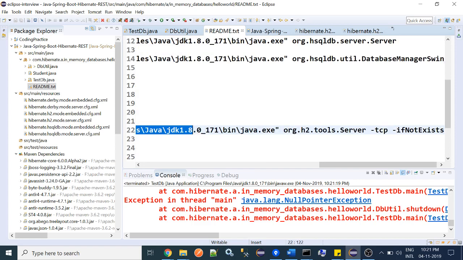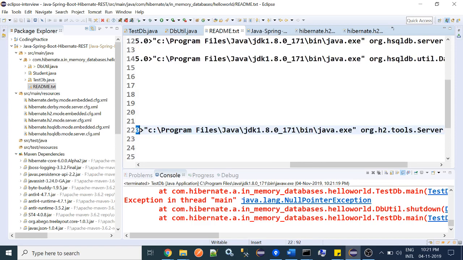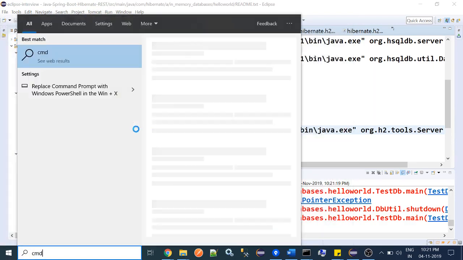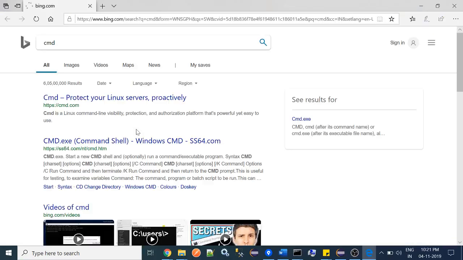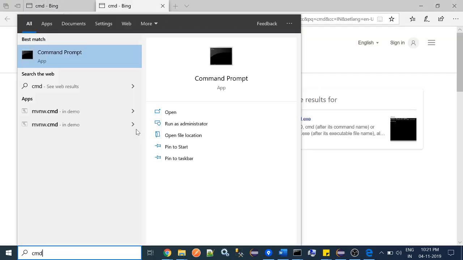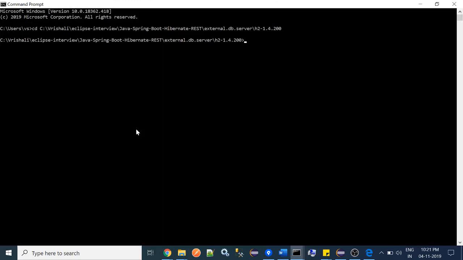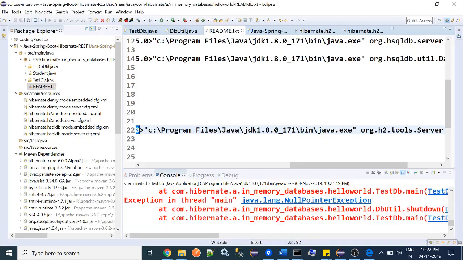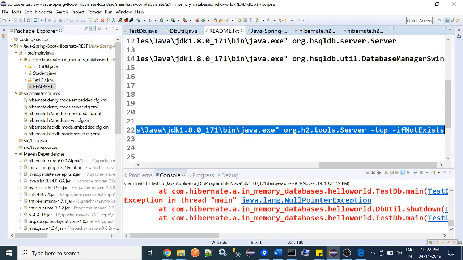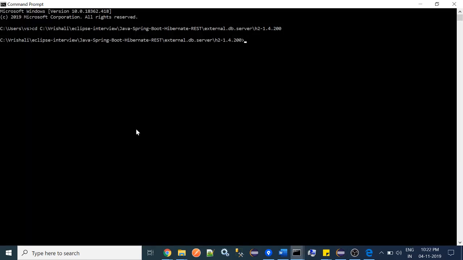This will be our... now what we will have to do is... this is the method in which we are going to start the H2 server. First, we are going to